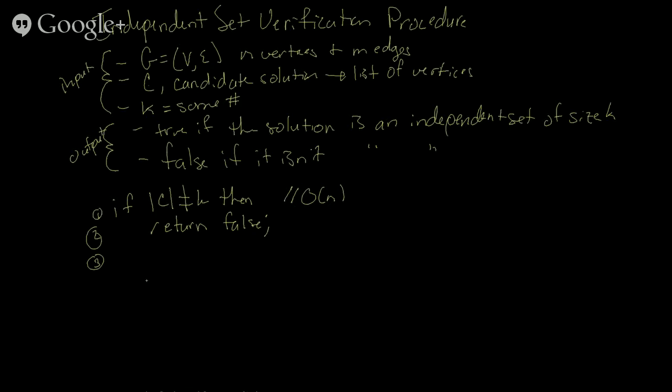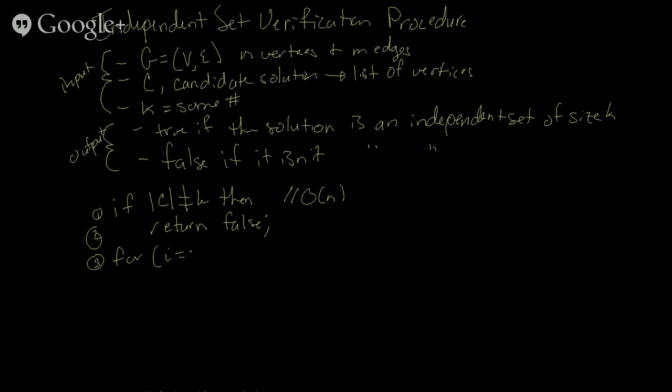We just need to check if any of the vertices in K or in C are connected. And we just wrote a separate algorithm to do that. And so this makes it pretty easy. So here's what we're going to do. We're going to have a couple loops. So for